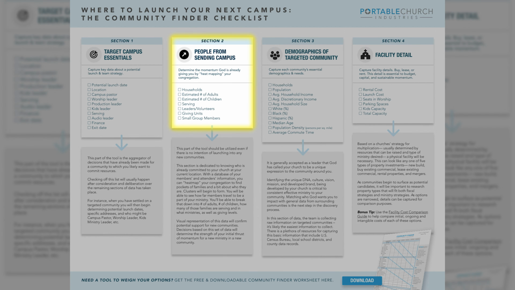The next section will help you know your current campus better and determine who may be interested in becoming a part of your new campus. Survey your congregation in detail and learn about the number of adults and children attending your church, where they live and how long they commute, how many leaders and small group members you have, and your church's serving or giving habits. By heat mapping your current campus, you can confirm the potential support you'll get for your new one. Remember, you aren't building from scratch, so use the momentum that God has given you at your current campus to